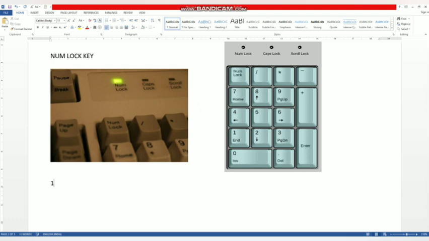See here, 1, 2, 3, 4, 5, 6. If I press the num lock key again and it is off, I cannot see this green light, and I cannot write. If I press the 7 button, see what the changes are. I cannot write anything.